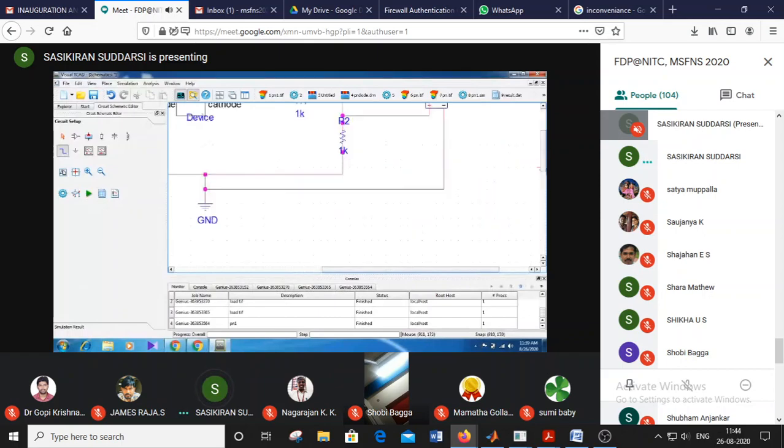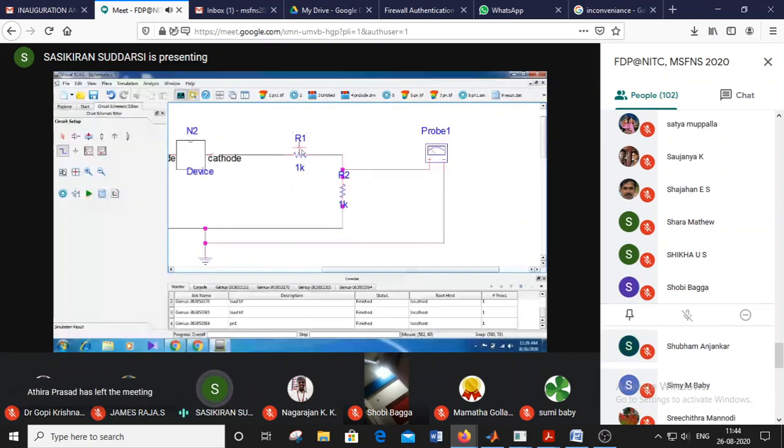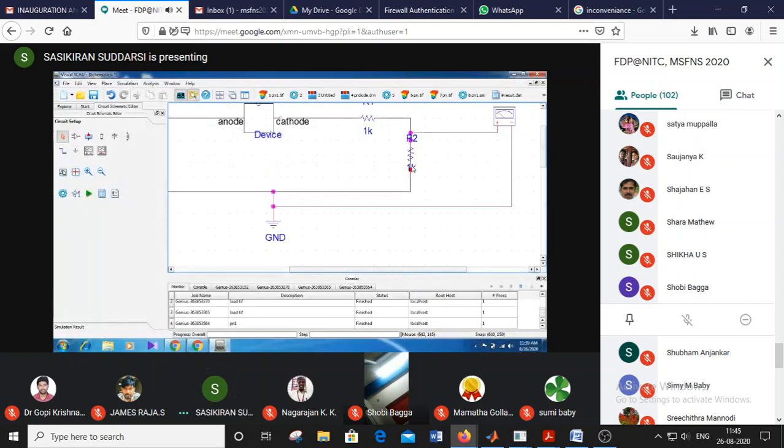So we can edit the properties by double clicking that element. Suppose I want to change this resistance. So you see it is coming. Here some problem is there.